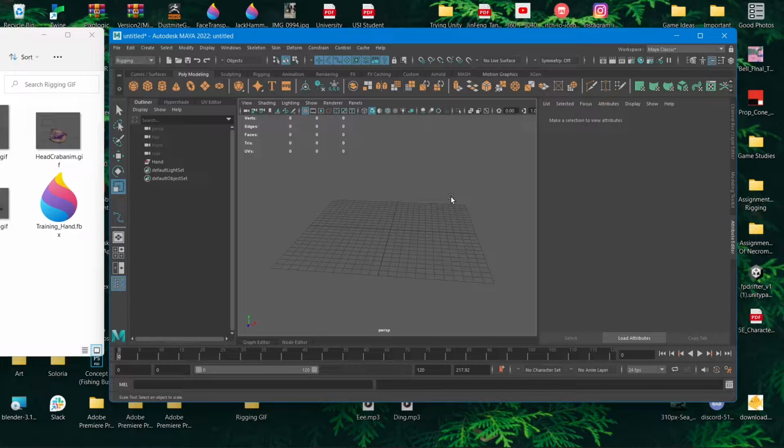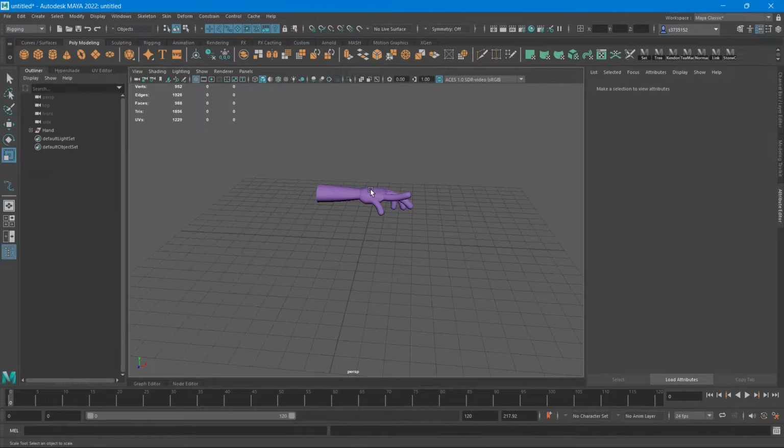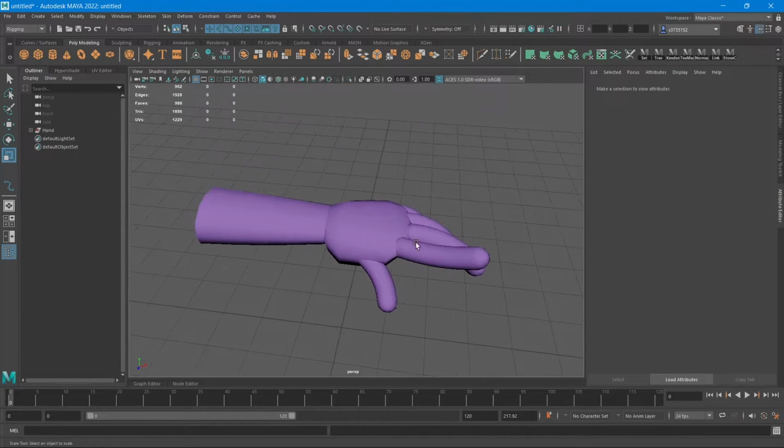I'm Jin and today I'll be teaching you guys how to do rigging on a hand. So firstly, I've provided you guys with an FBX, which is a model of a hand, on the Notion page. You can drag in the FBX and then you'll see that it appears in your Maya scene, and this is a hand. So all we're going to do and what we're going to learn today is about using skeletons,